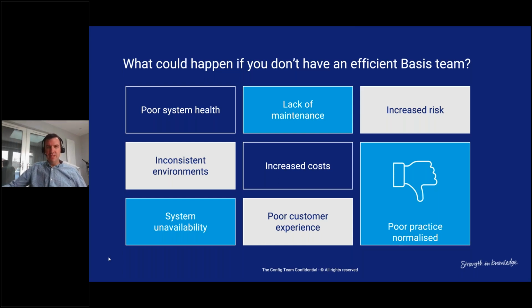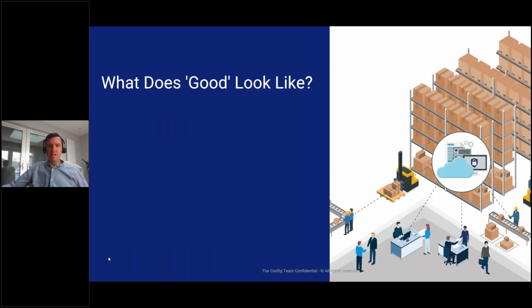Next slide, please, AJ. So what does good look like? I'm going to talk through a few things here that should be done by a Basis team at all times. First thing is regular engagements and interactions. So the Basis team should not be hidden in the background. They should already be collaborating and working closely with other SAP teams, infrastructure teams, and should have regular contact with service management teams and the wider SAP community.